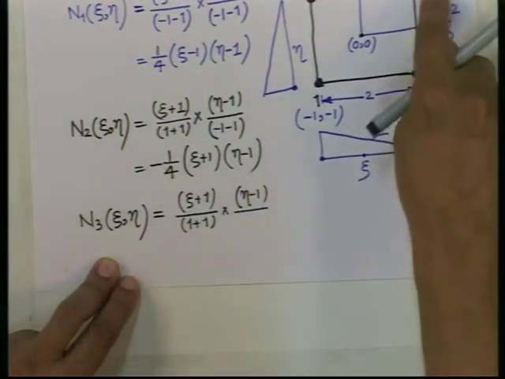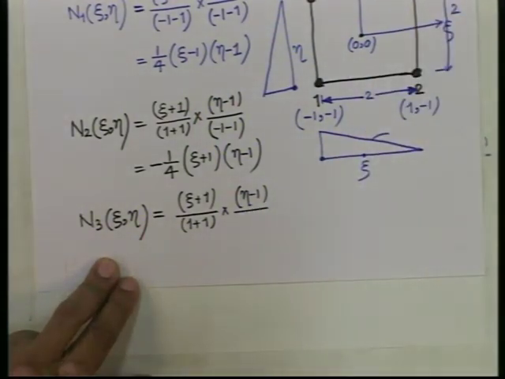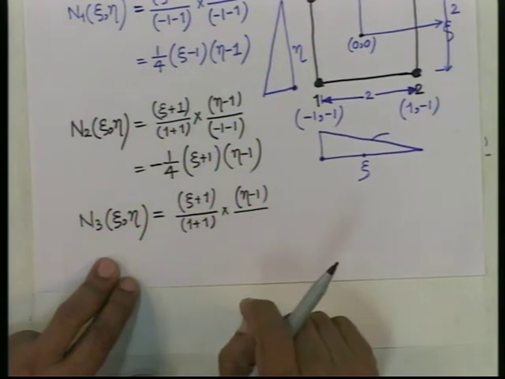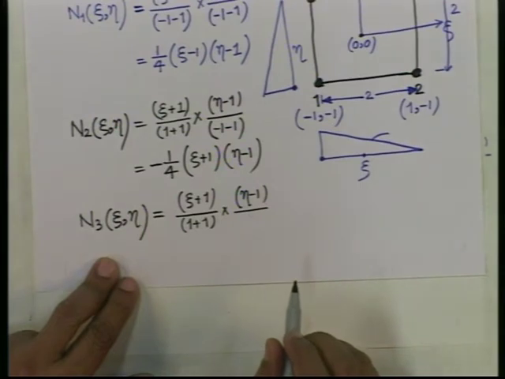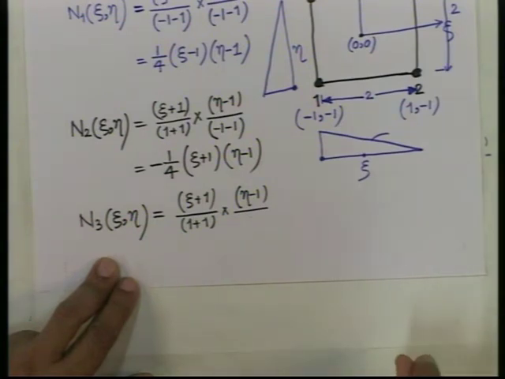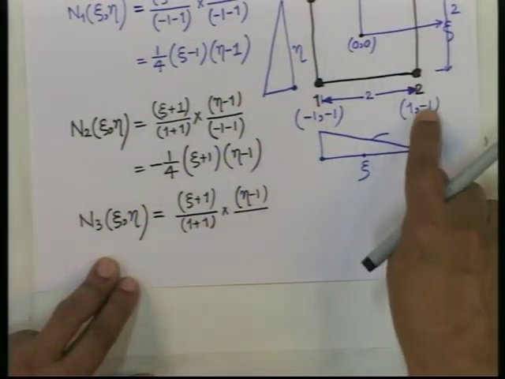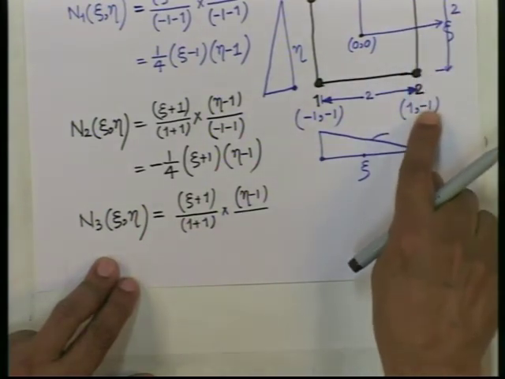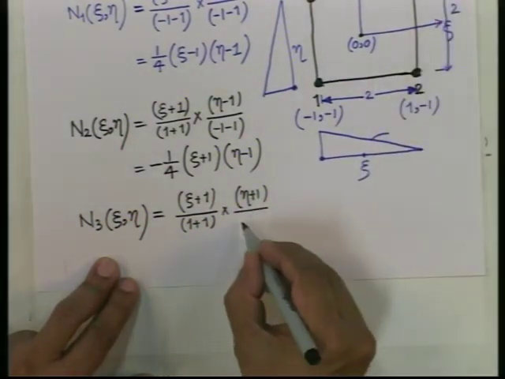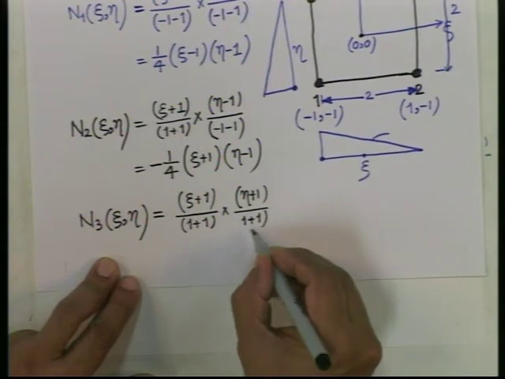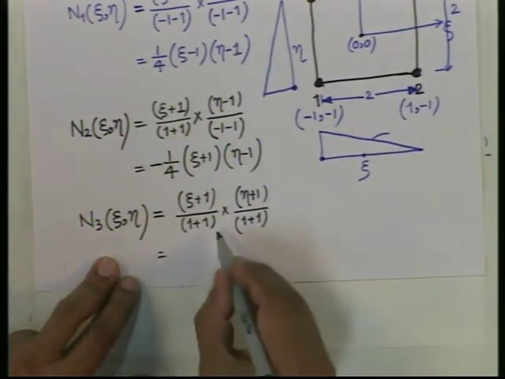What is the value of eta over here? It is 1. Oh, no. Achha, it is eta plus 1, because otherwise it will become 0. Yes, just a minute, let me check, because I should be convinced. It has to be this coordinate, no? So, minus, so plus, and what is the value here? So, again 2, 1 plus 1. So, again you get here 2 and 2, 1 by 4.